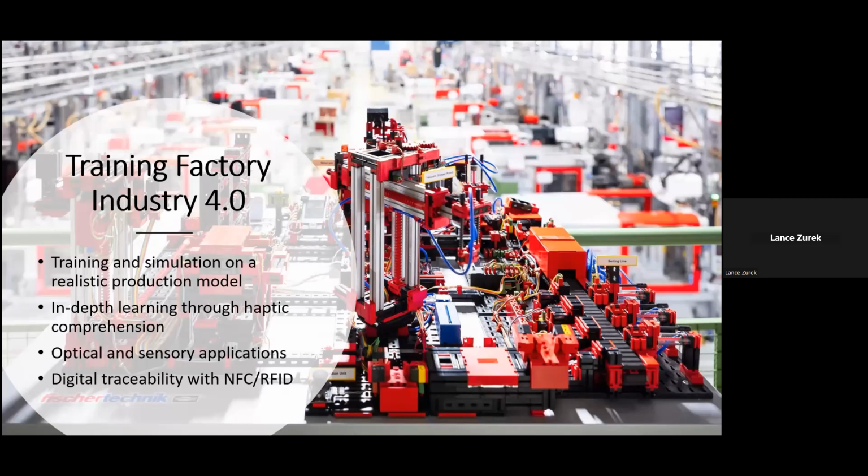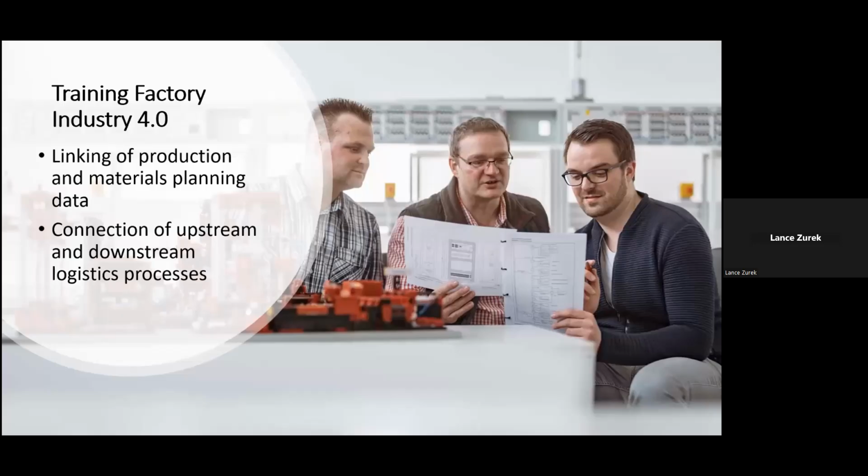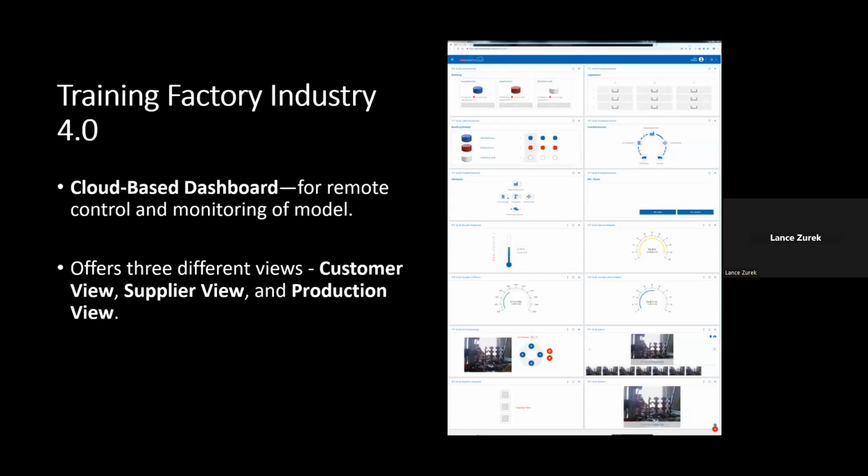with NFC/RFID technology, customized production in lot size 1, integrated cloud connection and control via smart devices, using and operating dashboards, web-based remote maintenance, the linking of production and materials planning data, and the connection of upstream and downstream logistics processes. Now, as you just saw, this model incorporates many features not found in the models that we previously discussed,